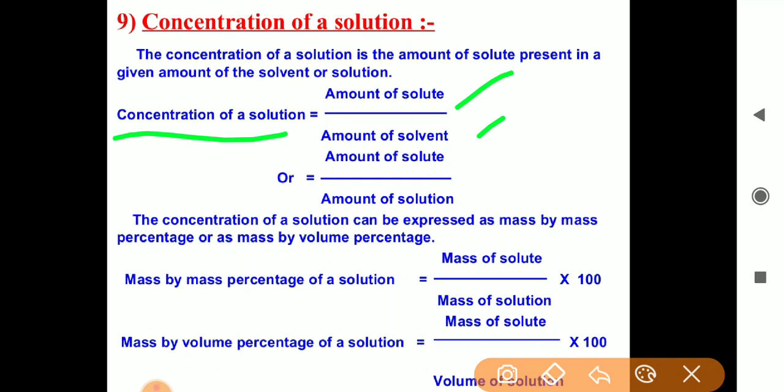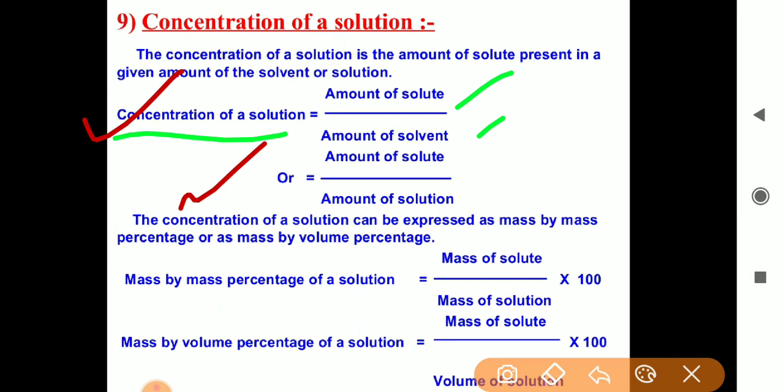तो solute क्या होता है? For example, in a salt solution, solute क्या है? Salt is the solute. Solvent क्या है? Water is the solvent. So concentration of solution कैसे गिनेंगे? Amount of solute divided by amount of solvent, or amount of solute divided by amount of solution. By using the first formula, we can identify the percentage of solute, and the second formula, amount of solute divided by amount of solution, इसमें हम निकाल सकते हैं concentration.